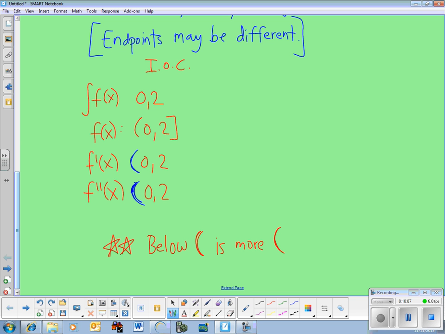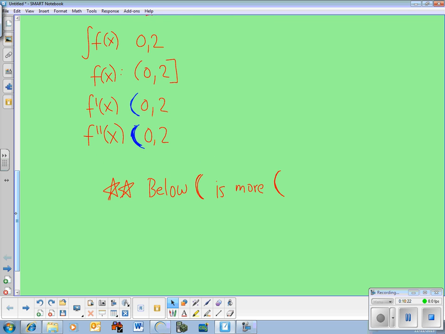Right? Does that make sense? And when I say below, I mean in this order. If you arrange it this way, if the endpoint of the function is not included, then the derivative and the second derivative will not be included either. Okay? Going the other way,